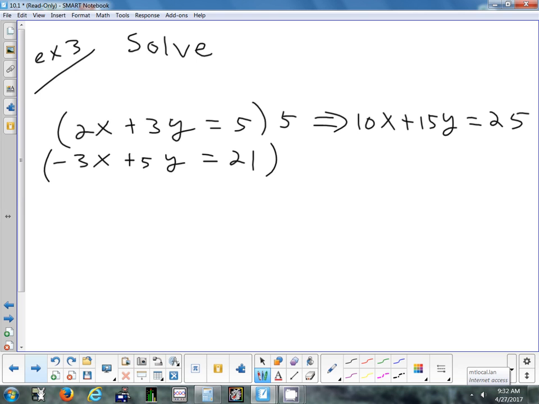It can be a different number to try to get the y's to be opposite. Negative 3. Okay, so if we multiply that by negative 3, Sam, what would my new equation be? Negative 9. Careful, negative 3 times negative 3x. Oh yeah, positive 9. 9x, yep. Negative 15y. Yep, we get negative 15y equals,